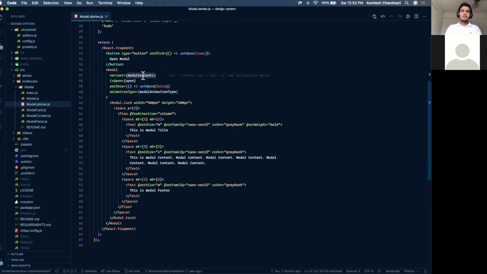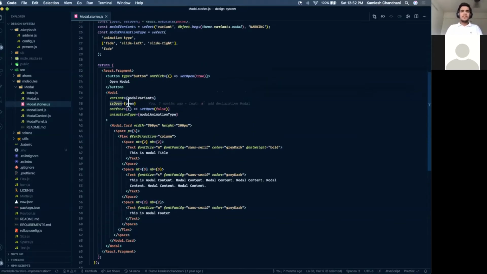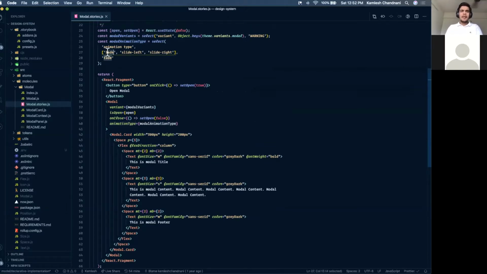I have a variant of a modal which decides the theme of my modal, whether it's success, warning, info, or error. Then I have is open, which I'm passing the state that I just declared in this component. Then I have a close, which will toggle my state and handle the visibility of my modal. And then I have animation type. My animation types right now are fade, slide left, and slide right.